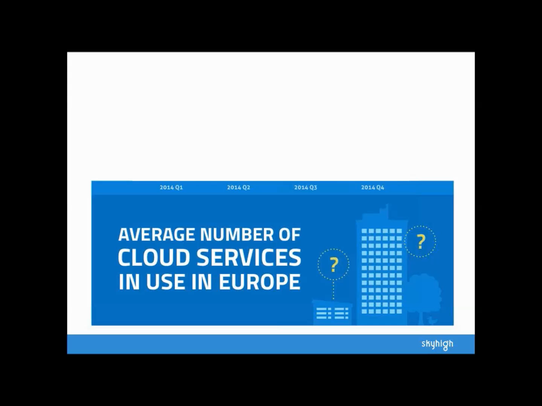So the latest reports that just looked at traffic from European organizations, one of the graphs in there is showing the average number of cloud services in use. So have you thought of the answer to my question, how many cloud services are you using? Well, we've got a trend because we've been doing this report now for a while, and at the beginning of 2014, the average number of cloud services in use was 588 per organization. Maybe that is a higher number than you thought. But it's gone up since then, 614, 724,